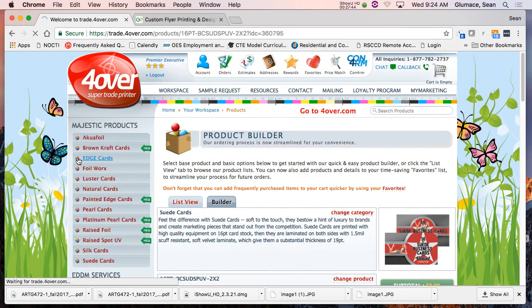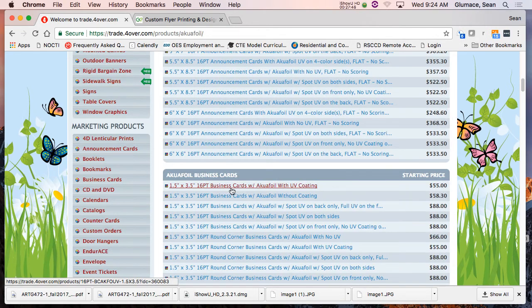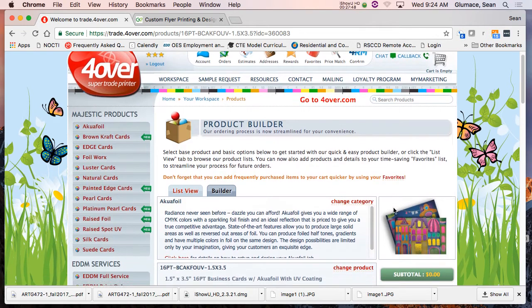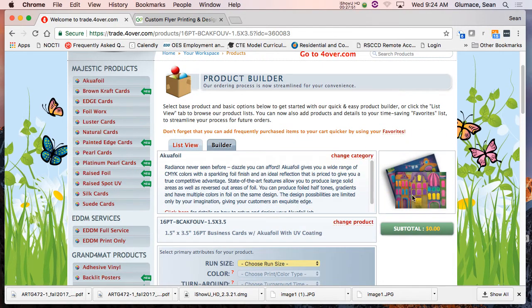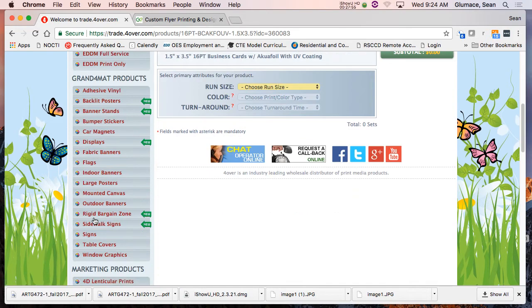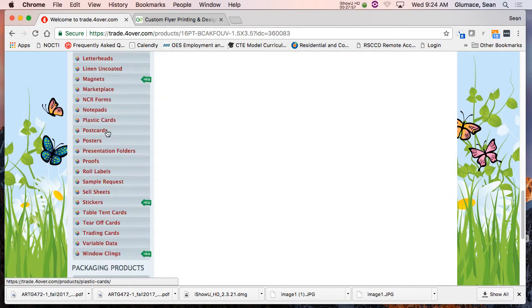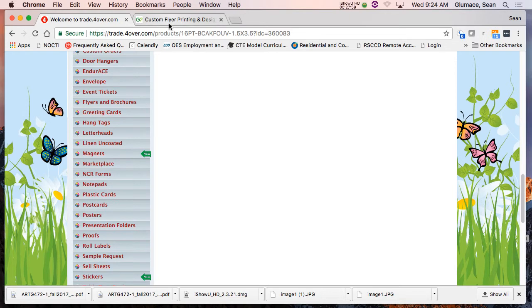But things like Aquafoil, this has been around now for a while. I think there's like 200 different versions of foil that you can attach to it now. So lots of stuff. But business cards, you can buy 1,000 business cards for $18 shipped for free. That's your cost on them. So if you're going to do business cards for people, charge them $80, $90. You can have them directly shipped to them for $18. That's your entire cost on the entire order.